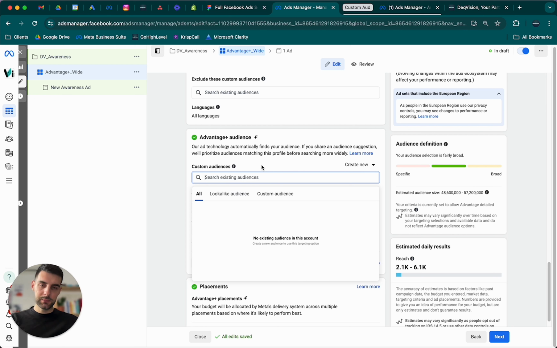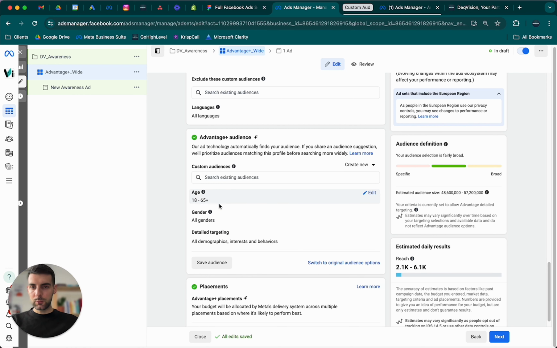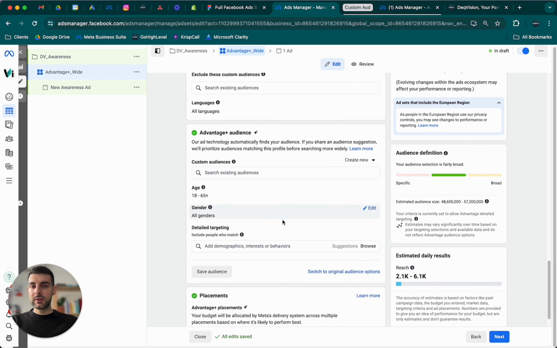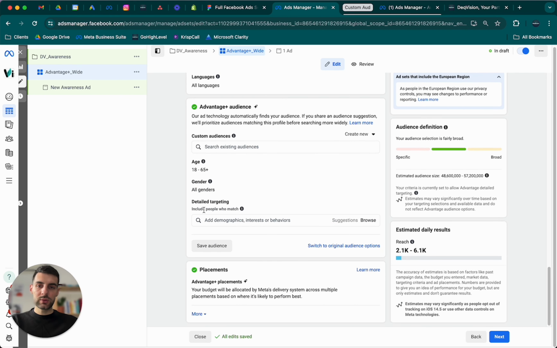And by that, I mean Meta. So you can put a custom audience here. You can change the age again. You can change up the gender, or you can also give them detailed targeting. So you see it says here, include people who match. So it will try to target these people, but again, if they are not responding to your ad, it will